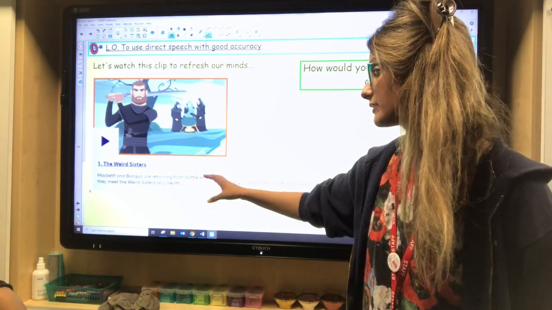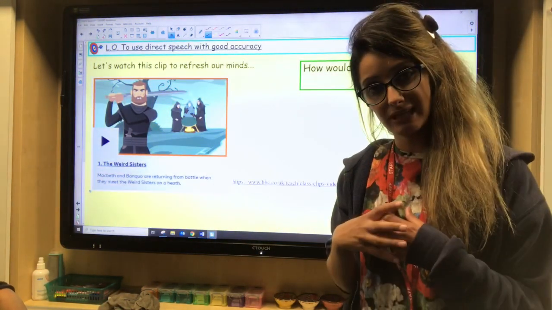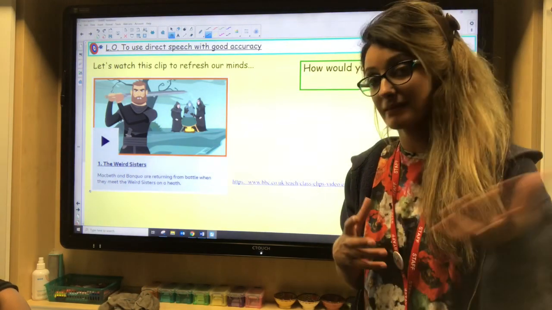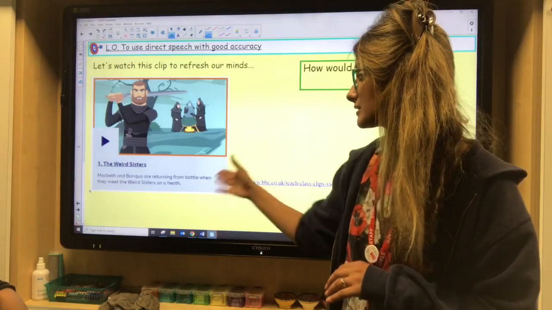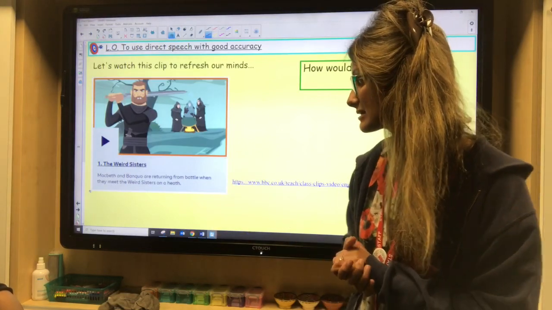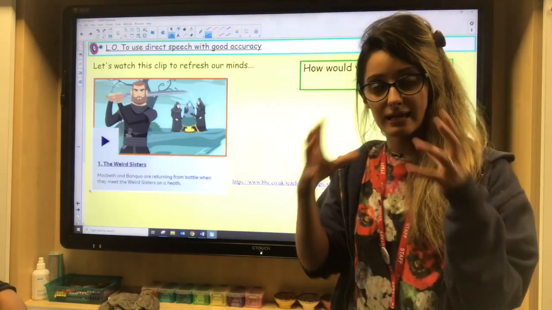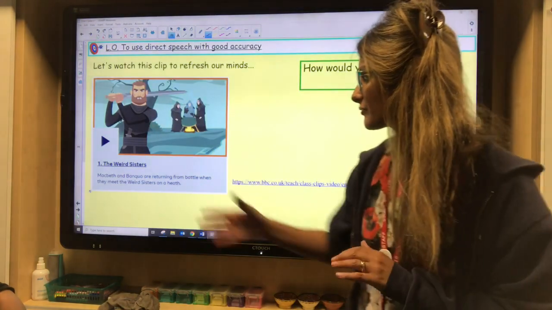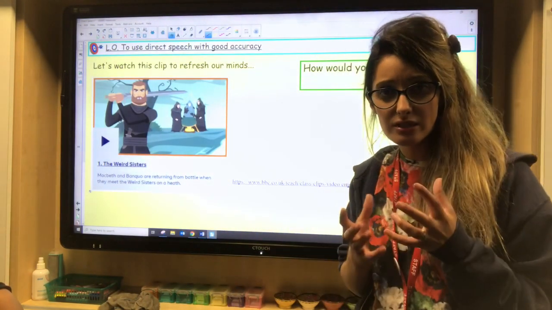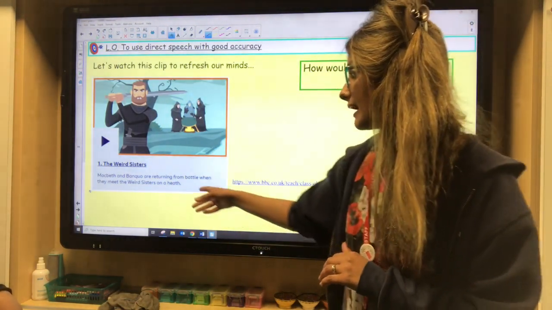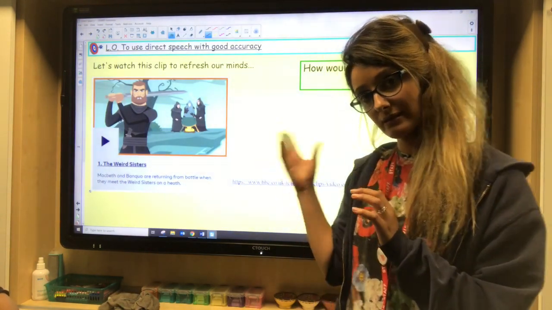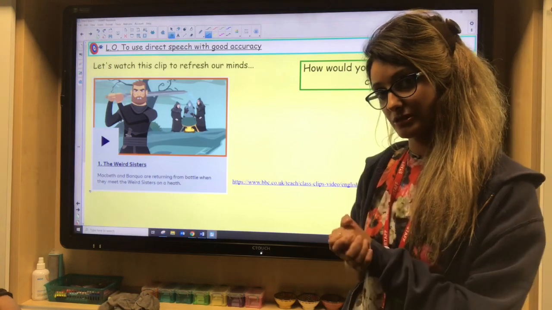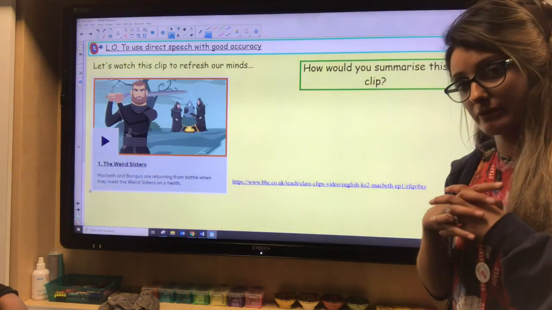and Banquo are returning from battle, and they fought together. They're both sometimes referred to as Macbeth the general, Banquo the general, because they're both generals within the army, returning from battle when they meet the three weird sisters on the Heath. The Heath is a hilly area. The three weird sisters are sometimes referred to as the witches upon the Heath, and it's all set in Scotland. So when you hear the narration, a lot of it is with a Scottish accent. It's really important you understand the context before you look at it.